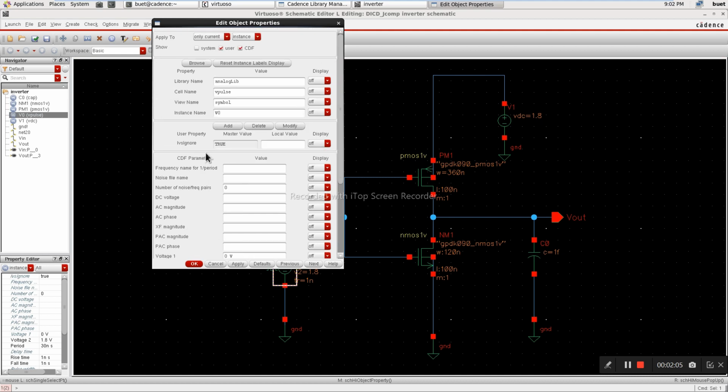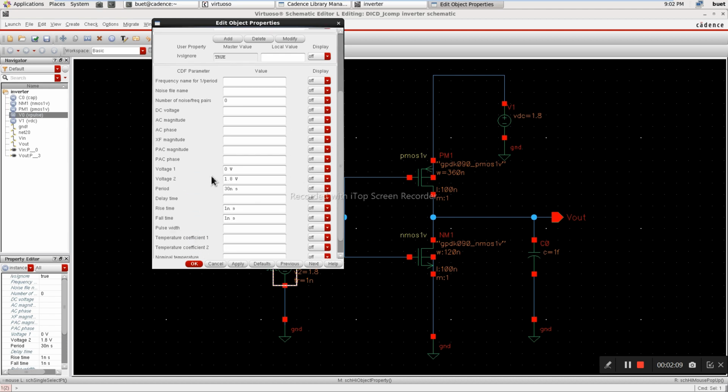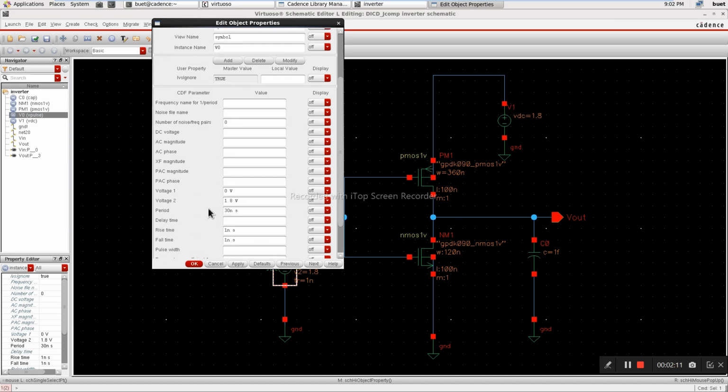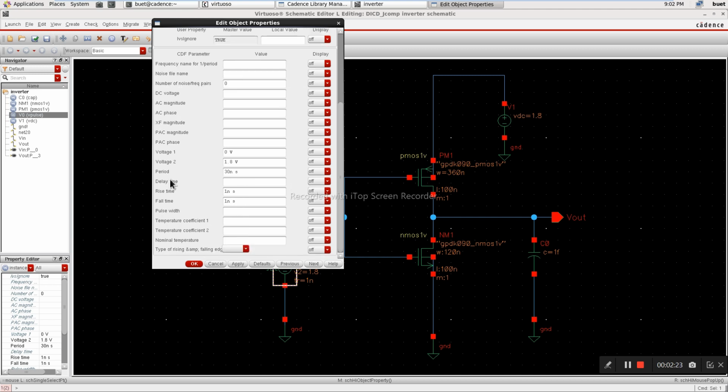See, this is the V pulse voltage source. There is voltage 1 and voltage 2. Voltage 1 is the logic low level value, voltage 2 is the logic high level value. And the time period of that signal.